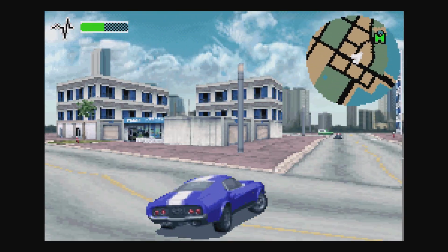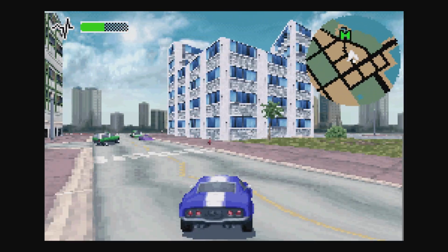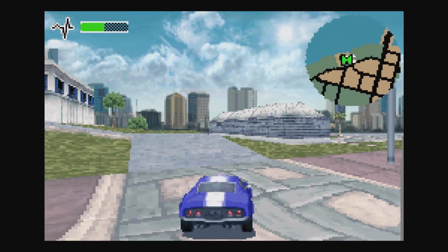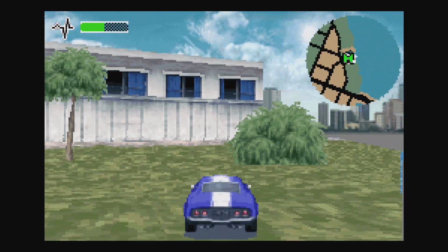It doesn't have the original cutscenes, but it has screenshots of the original cutscenes from the PS2 and Xbox versions. So yeah, it's really good how they've done it. You can still walk around the city. I never played Driver 3 back in the day, I was all GTA 3, but it was meant to be pretty good. It's definitely a game I would recommend people try out. The fact that it plays on a Game Boy Advance is just...